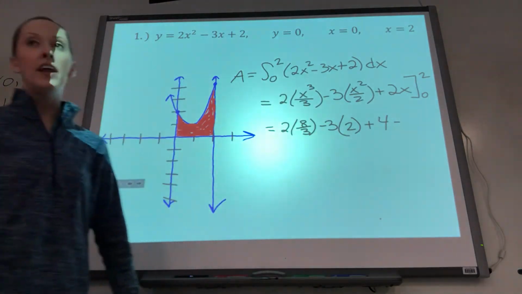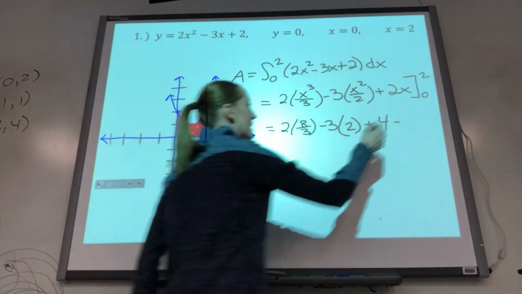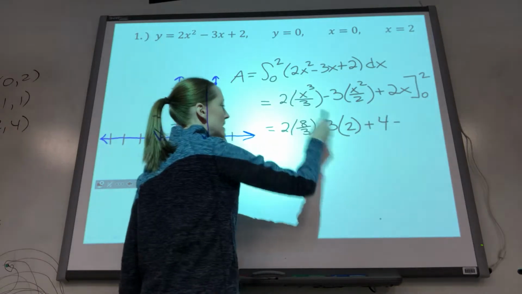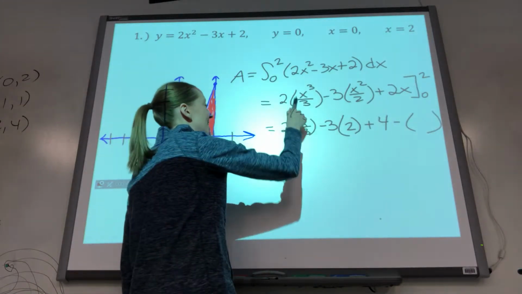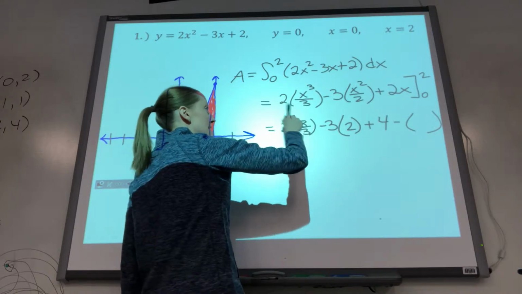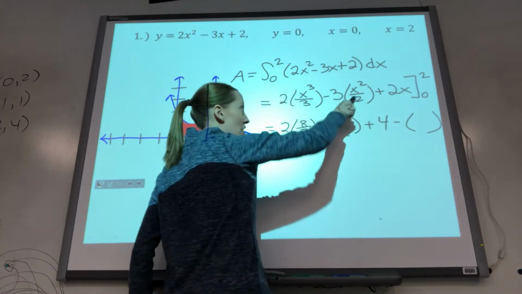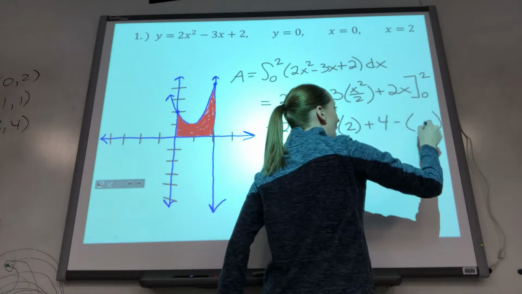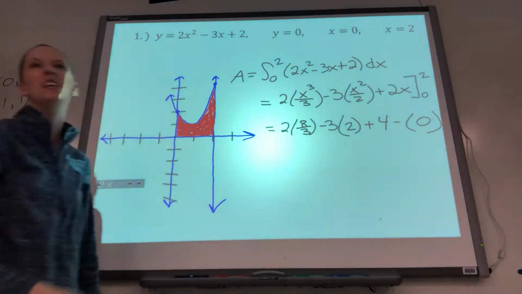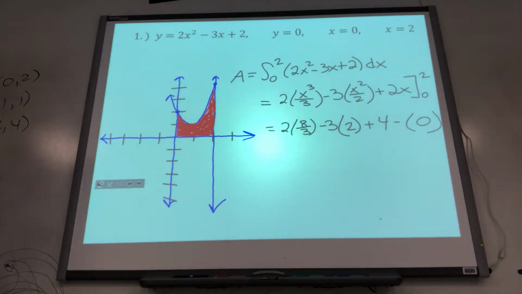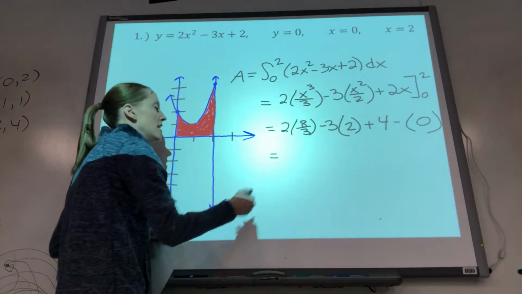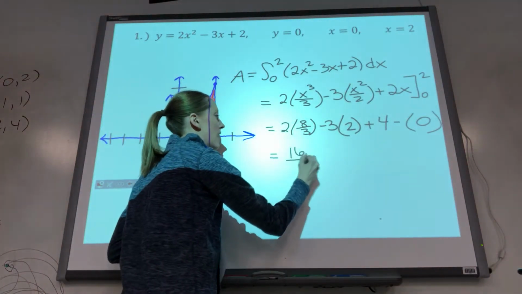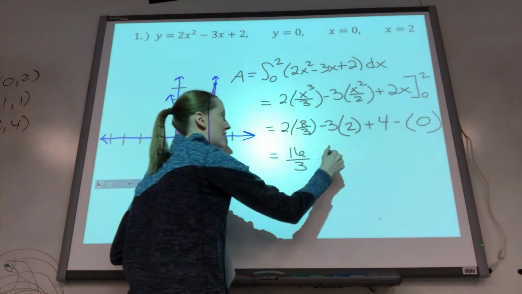Now I should subtract what I get when I plug in the 0, but take a look at what happens when you do that. This whole term is 0, that whole term is 0, and that whole term is 0. So you don't really even have to put that because subtracting 0 doesn't change anything. So basically, I'm going to go ahead and make that 16/3